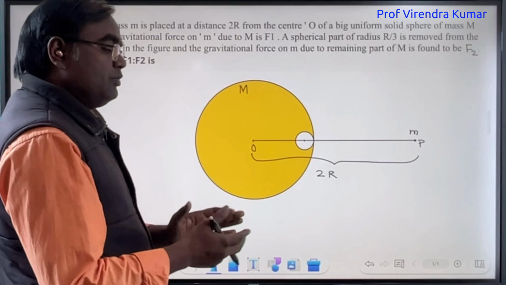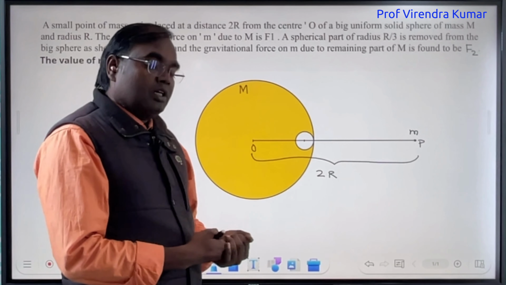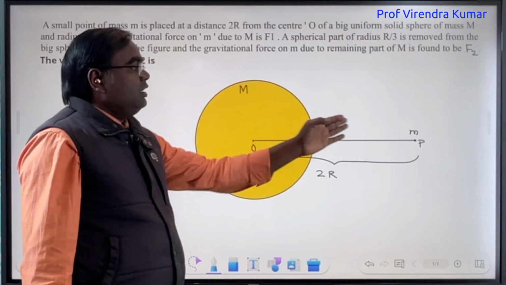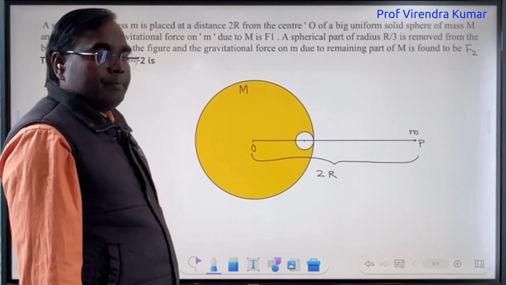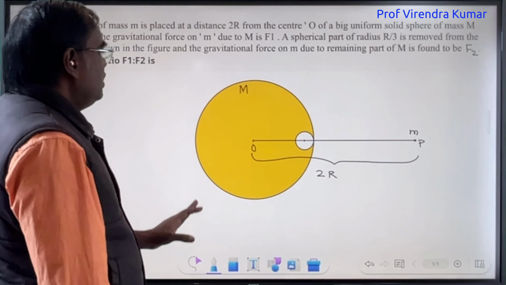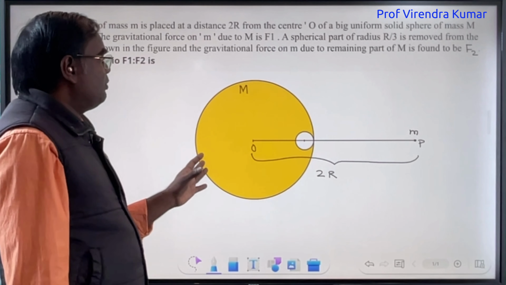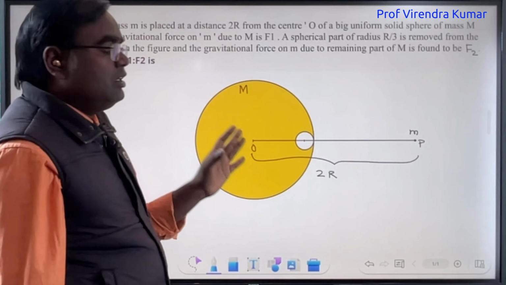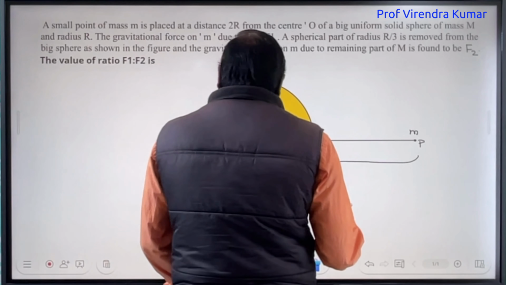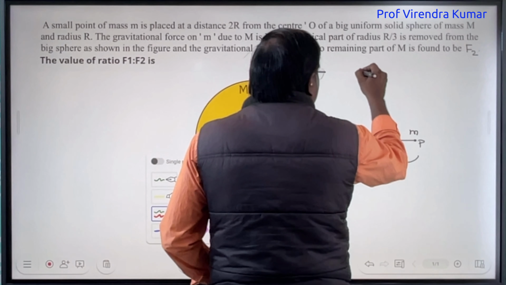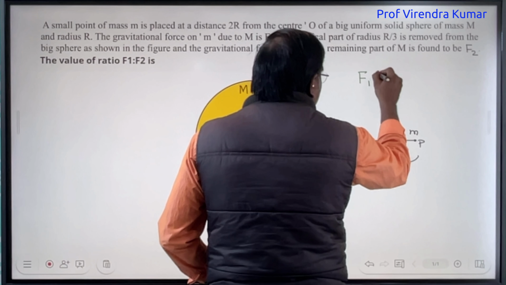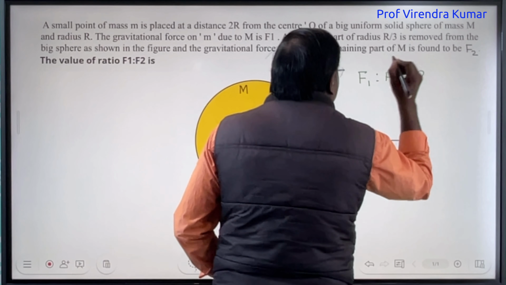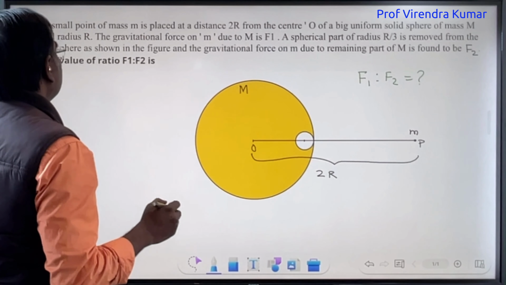So in this problem we have to calculate the ratio of the forces F1 and F2 acting on the point mass m. Before proceeding to solve this problem, we will write what is given and what we have to calculate. What we have to calculate is the ratio F1 to F2. This we have to calculate. And what we are given is that